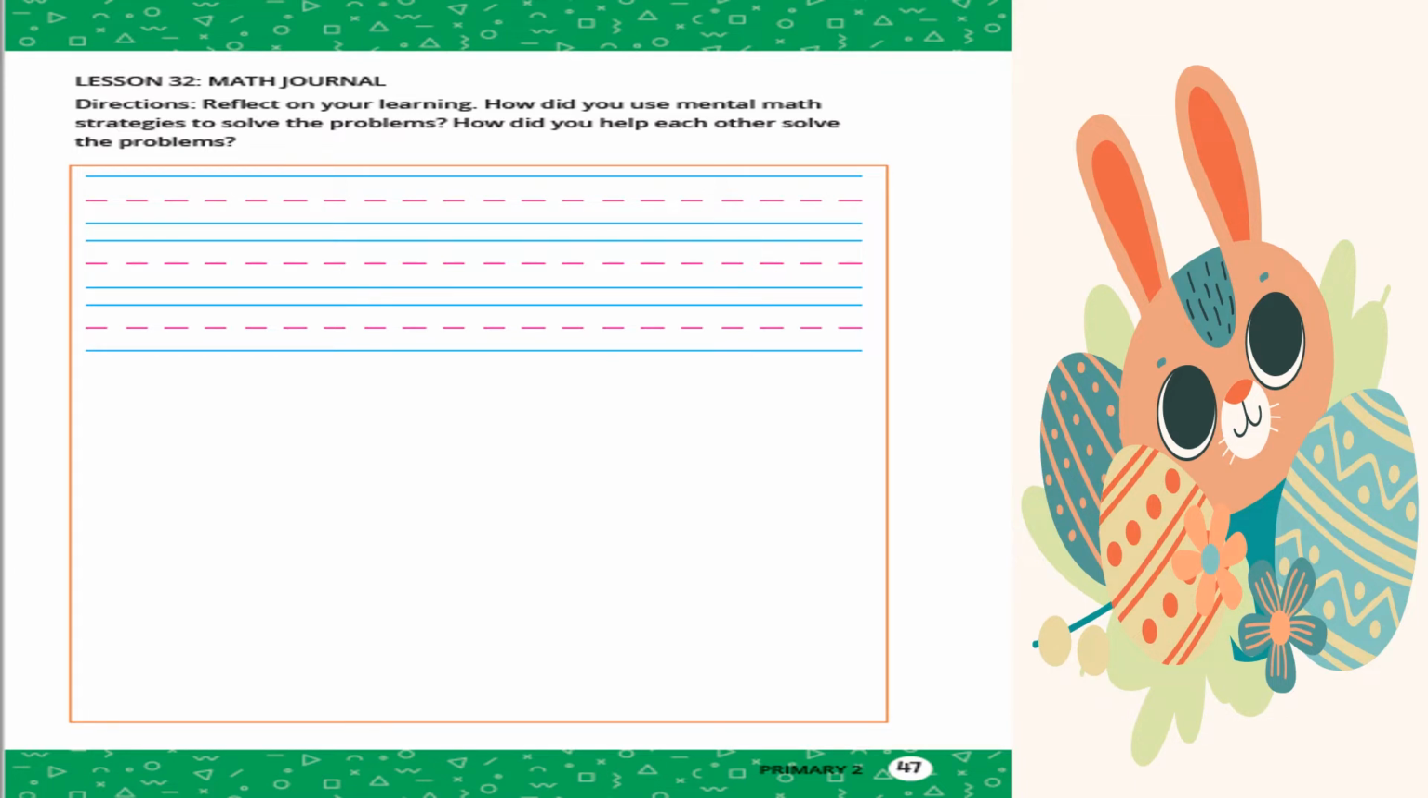Equation number 1, 13 plus 3. Now we will use the double mental strategy. What is the double of 3? 3 plus 3 equals 6. 6 plus 10 equals 16. Equation number 2,